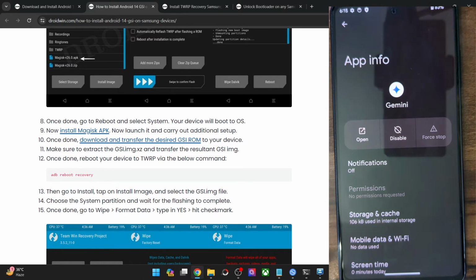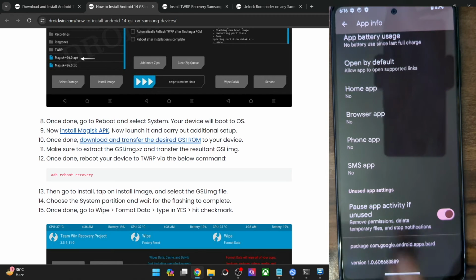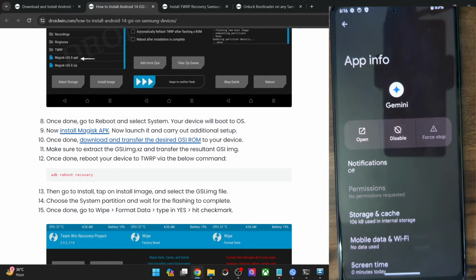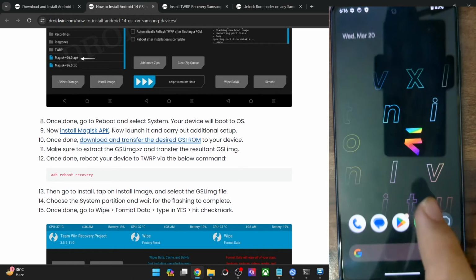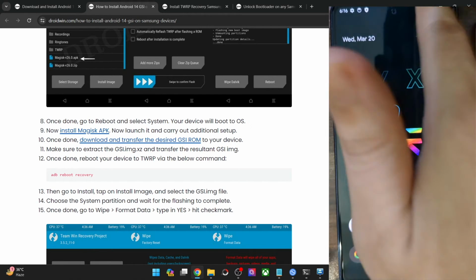You will have to take the help of ADB command. I don't really like this approach of pre-installing the bloatware apps, but still we do have the option of using the app package name from here and then removing the app via ADB shell command. You may refer to my guide and get this job done. Apart from that, the rest of the apps are quite useful. It's just the Gemini app that's not required anyways.